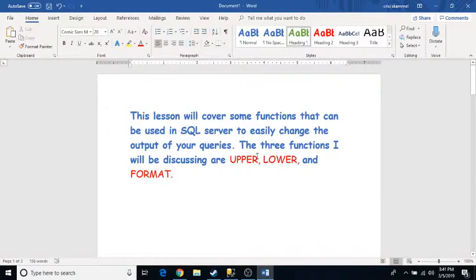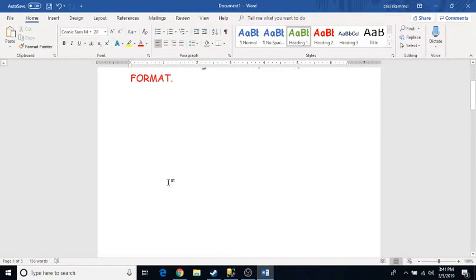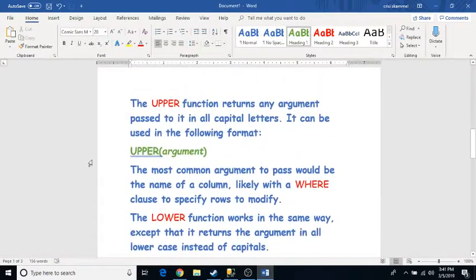Today I'll be going over three functions in my video. These will just be pretty simple functions that you can basically use to format or modify the output of your SQL queries. So the three functions I'll be going over today are upper, lower, and format. So I'll start by going over the upper and lower